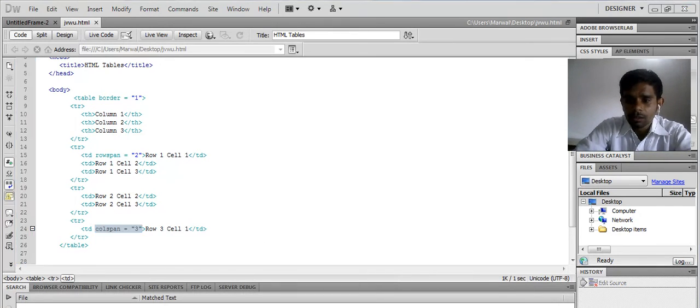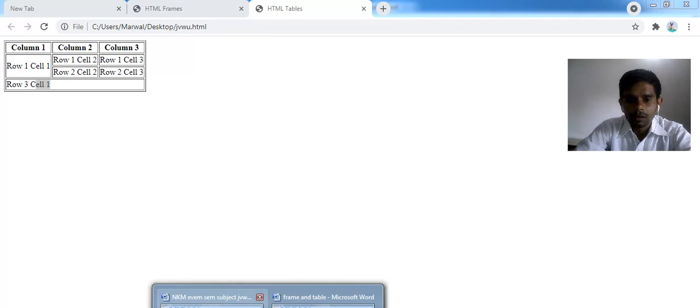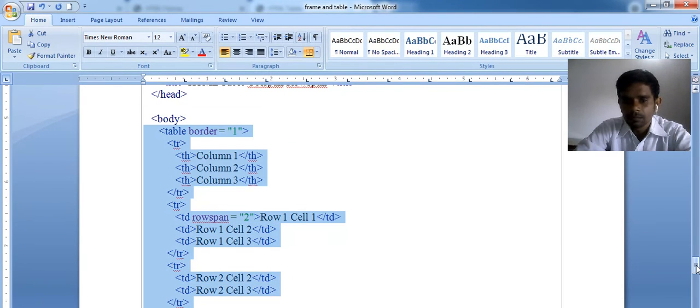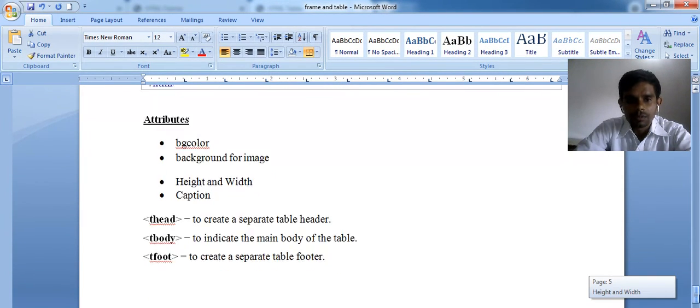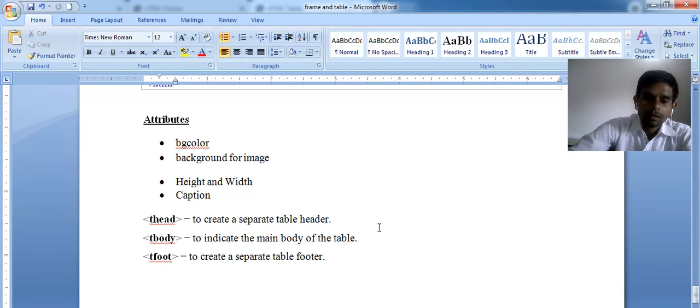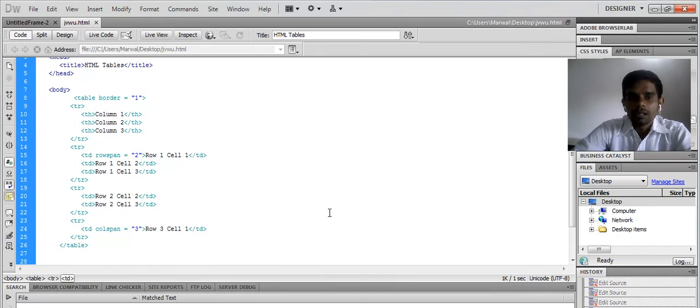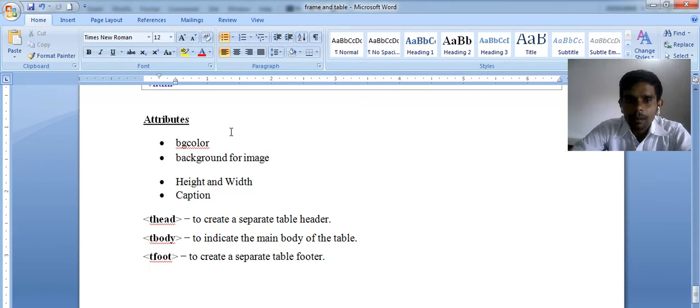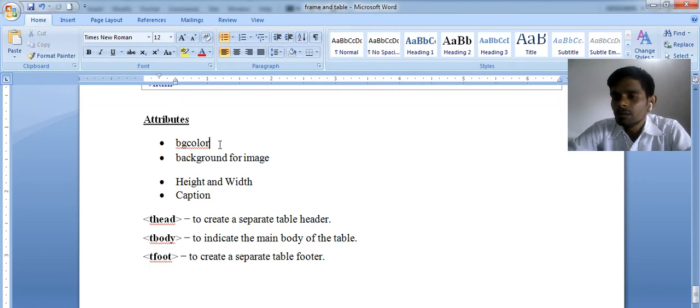Now see the other properties of table: bgcolor, background, height, width and caption. If I am talking about any table, we need some colors, some background images. If I am talking about only background color, I use the bgcolor property in the table tag.